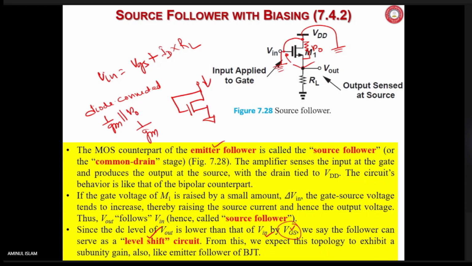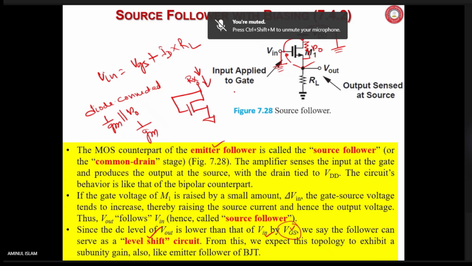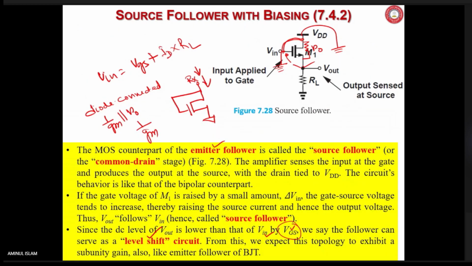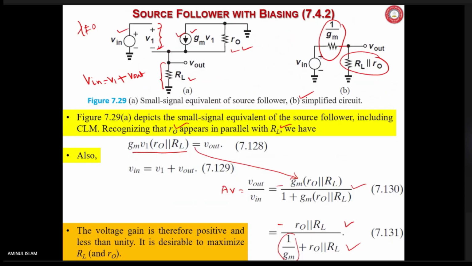Yes? Yes, sir. So Rx here is nothing but 1 upon gm. Now, that is looking from here, from the top, from the drain side. This is the impedance. But here we are writing from the gate side. It is the same because both are at the same terminal, isn't it? So the input impedance is 1 upon gm.